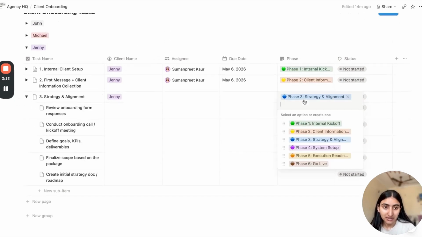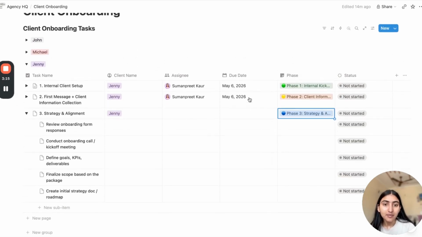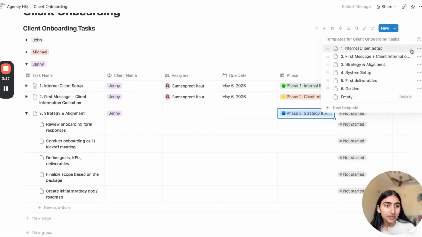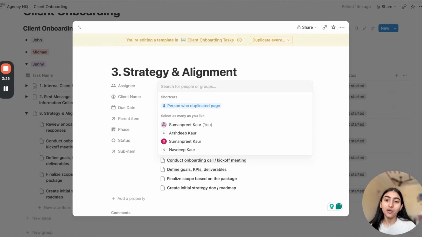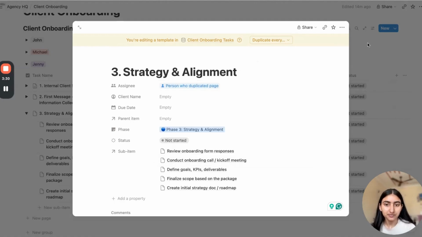Okay, this is a part of phase three, strategy and alignment. And now let me see the assignee part here. I'm going to three dots, edit it, and see, I didn't mark anyone here, so it is showing me no one. Okay, but right now I would mark here the same as person who duplicated page.